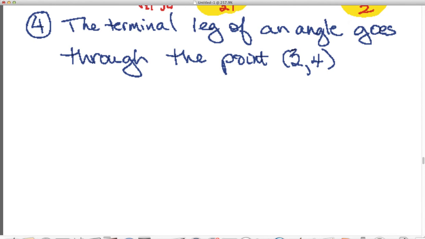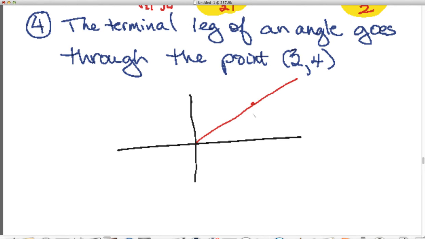These types of problems have a point given and it says that the terminal leg of an angle goes through that point. So what do you do when you're encountering this type of problem? Well, you just literally plot the point. In this case it's 3, 4, so we're in the first quadrant, and we drop a line to the x-axis,